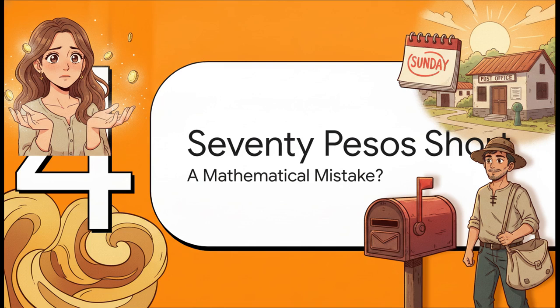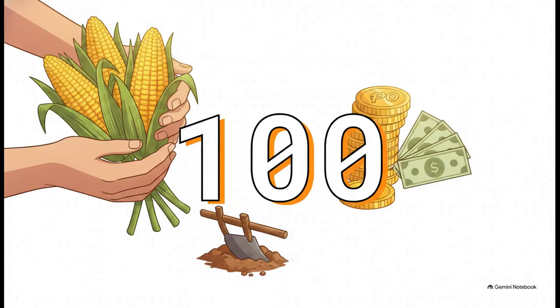Section 4. 70 pesos short. Even with all their amazing empathetic efforts, gathering the full amount is just impossible for the post office crew. You see, in his letter, Lencho had asked God for exactly 100 pesos. And that wasn't just some random, made-up number. It was the exact calculation of what he needed to re-sow his fields and keep his family alive until the